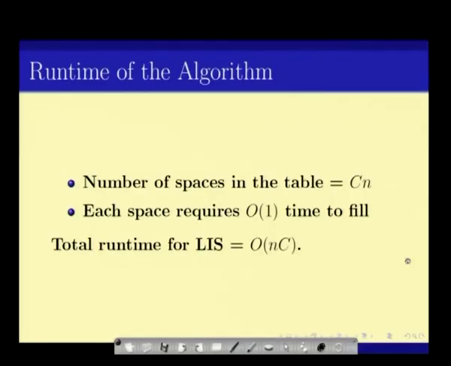So, this is a dynamic programming instance where again we have to solve each space by looking at only a few spaces which have been filled, but need not be the adjacent ones. Note that the number of spaces in this table is C times n. Each space requires order 1 time to fill, and so the total runtime is order n times C. Thus, for the knapsack problem, dynamic programming can solve it using order n times C, but the problem is that